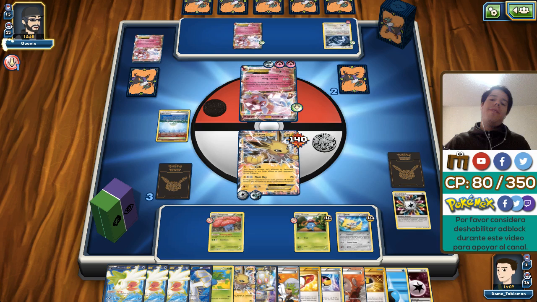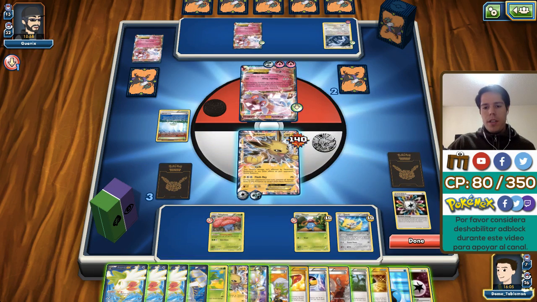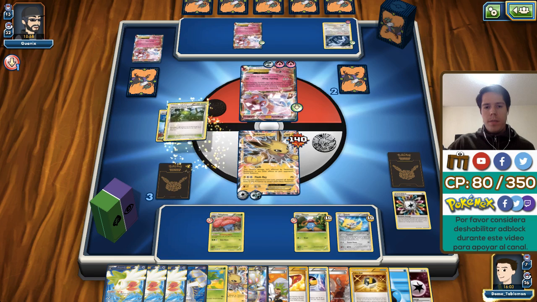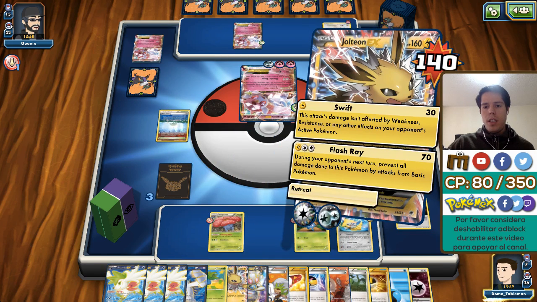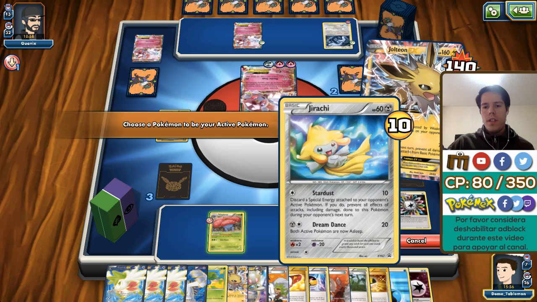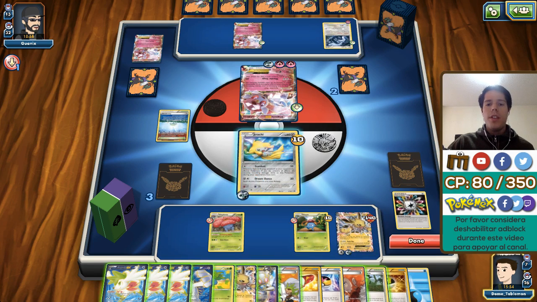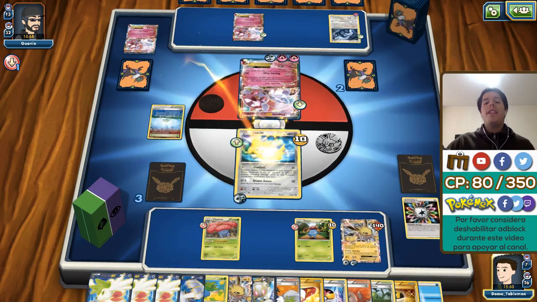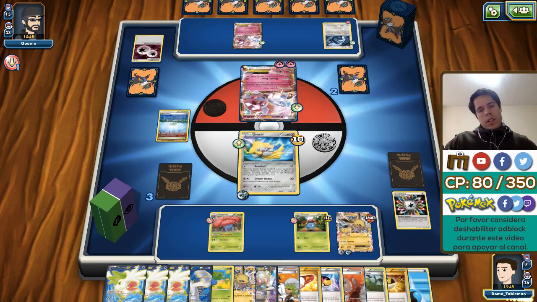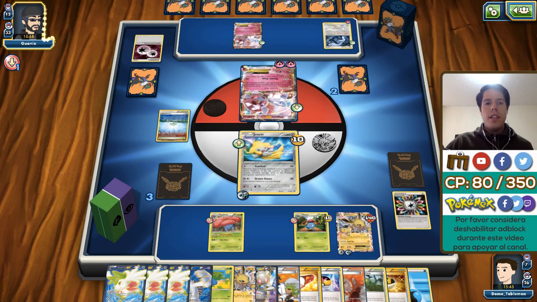And now, yeah, this is the real question here. No, never mind, there's no real question. I'm not gonna play this. Okay, so I'm gonna retreat into the Jirachi, and I'm not gonna take a KO. I'm gonna discard his DCE with Stardust. I mean with my DCE, so that I still have the water energy in case I ever do find the